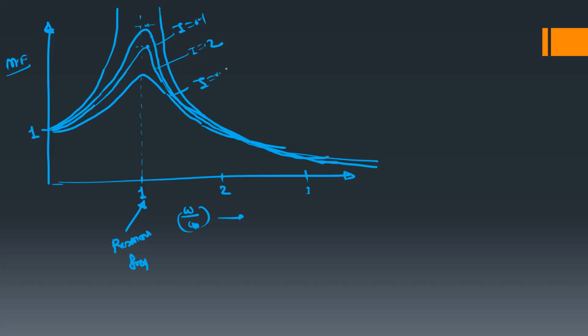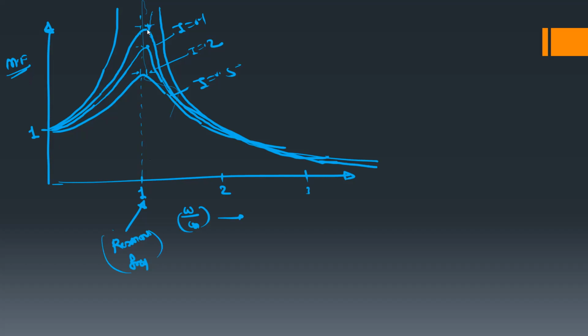Suppose here zeta is 0.5. Again, you will observe the same condition. It is a little more towards the right side. So this is our fourth characteristic. So you can even find out at what frequency you will observe this maximum value. From this graph, it is clear the maximum value of the magnification factor is not observed at the resonant frequency, but on the right side of the resonant frequency.